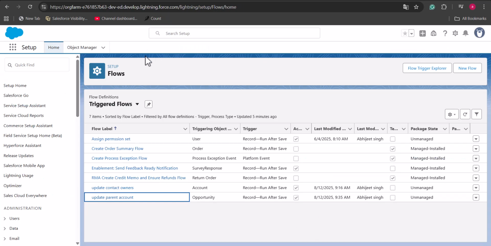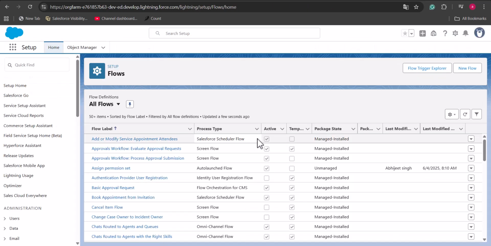So right now I'm on the flow setup window, and first we will deactivate the created record trigger flows so they don't contradict with the flow that we are going to create right now. So now we will create the record trigger flow, and before creating the flow I will just take a few seconds